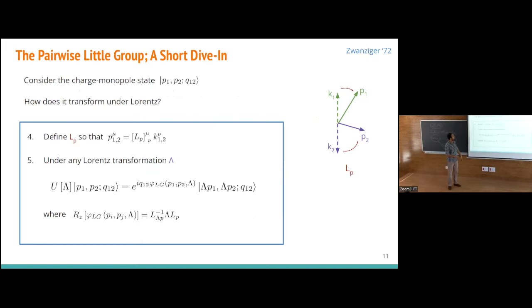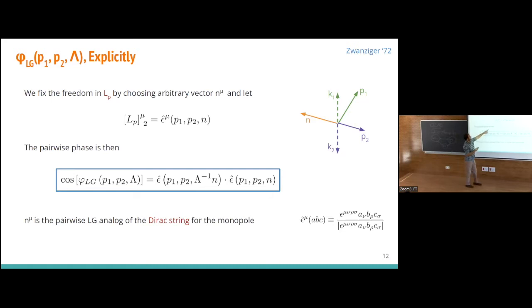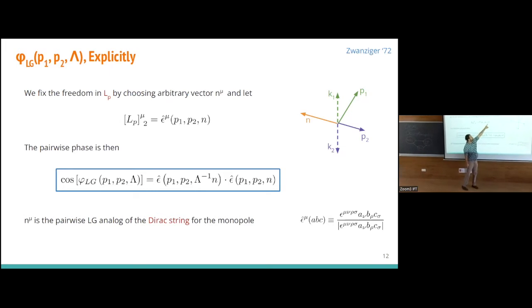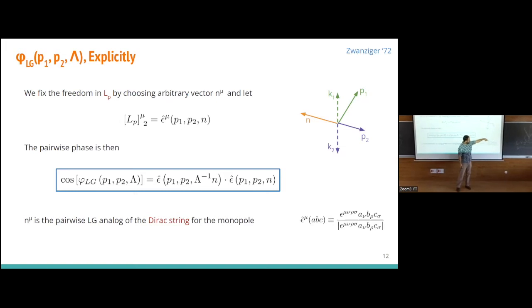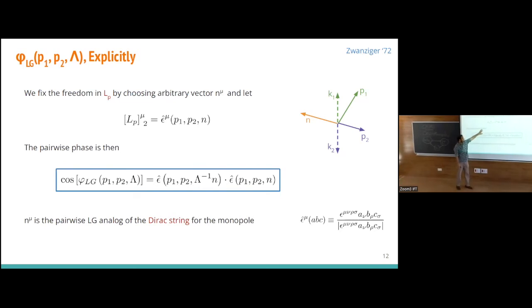Specifically, there's freedom in choosing the Lorentz transformation. There's U1 rotation freedom in fixing this canonical Lorentz transformation that takes us from the center of mass frame to the finite momentum frame. And we fix this rotation by demanding that this entry of the canonical Lorentz transformation be orthogonal to some generic direction n. And this is the definition of this epsilon. It's just the Levi-Civita contraction of three vectors. So this is just the convention. I have a rotation freedom, and I'm saying be orthogonal to this direction.